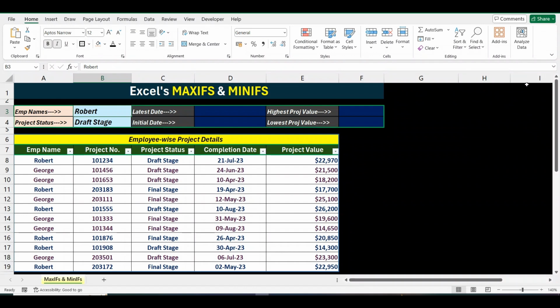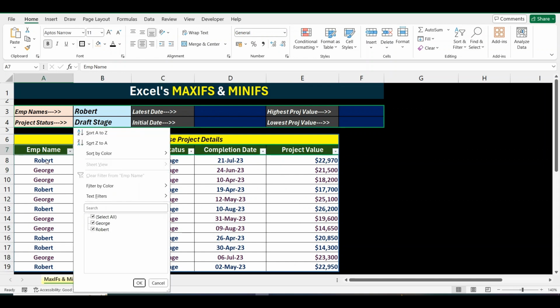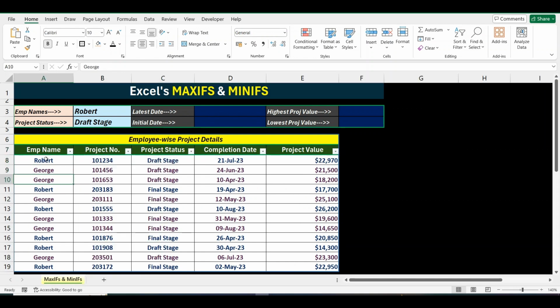Suppose we have a database having employee-wise project details such as employee names, project numbers, project status, the project completion dates, and project value. The details are for two employees, Robert and George. Both of them have worked upon various projects, and all those projects are either at the draft stage or final stage. Now, suppose your manager requires you to quickly present this data to him